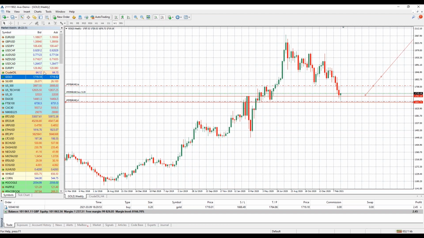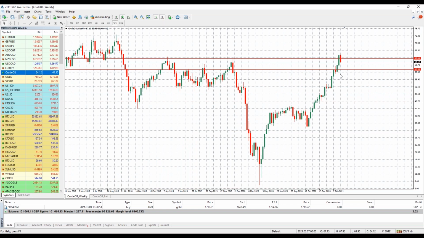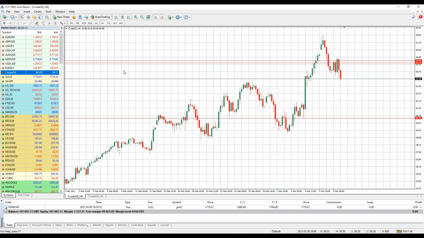Now let's take a look maybe at crude oil, as we talked about that. And when we look at crude oil on the 1 week candles, we can see, wow, that was predictable. We've got the resistance level here that once it broke through, it rose up a few more dollars. And now we see the pullback in the price here. And it's back below that resistance level. It dropped below that level. So it looks like it potentially could drop down further,